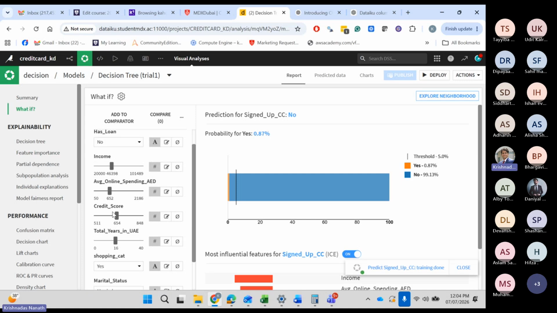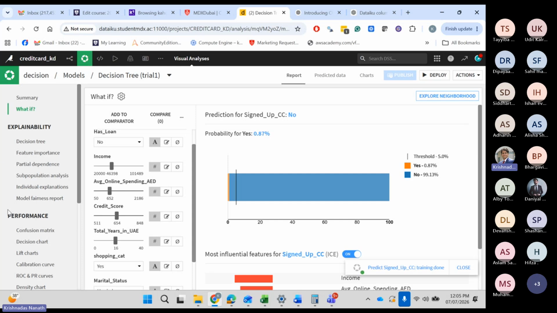Correct. Now, this is where again I told you this is not the actual probability of the algorithm. It's an interpreted probability based on the tree on how much was split on the left side, right side. In decision tree, I wouldn't consider this as a great thing. I would only say yes or no is the main thing. It's an interpreted probability, not the actual predicted probability. So I have to be a bit careful over there when I see that.